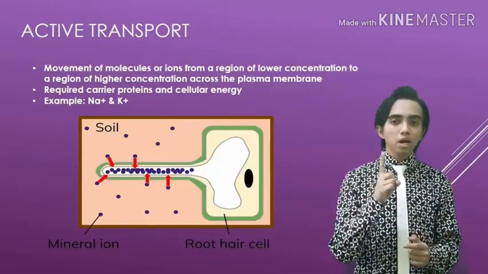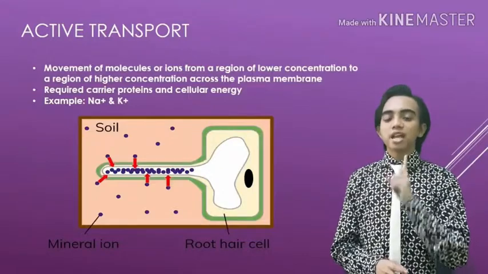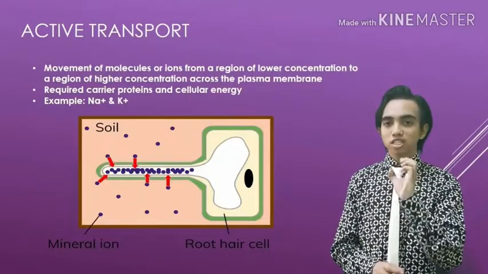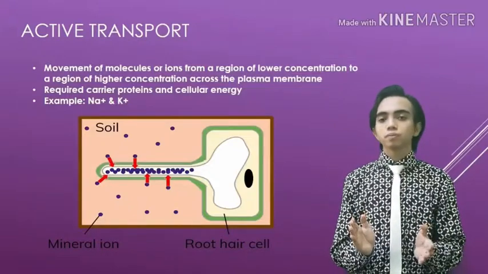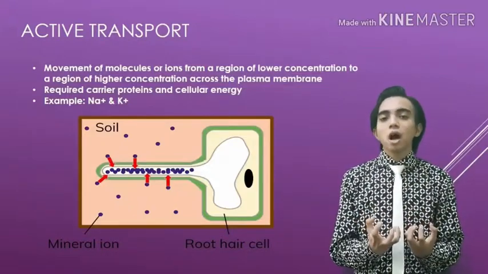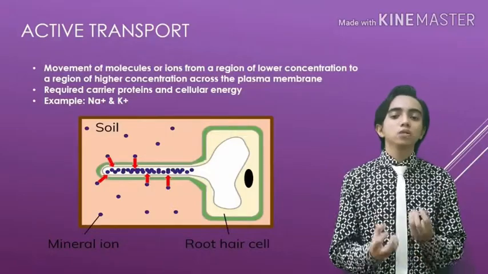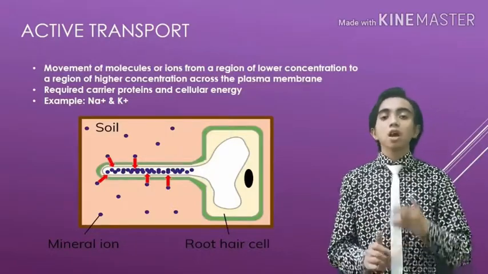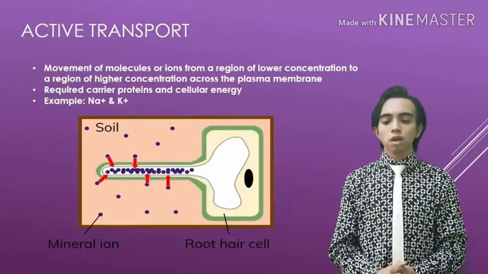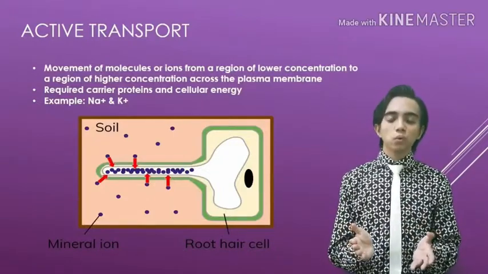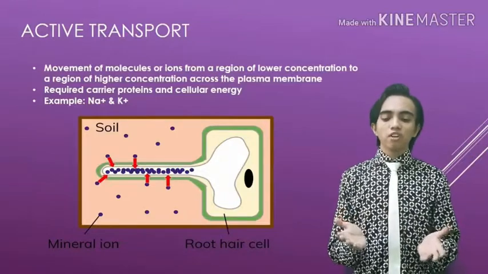Remember, it only involves carrier proteins and not channel proteins. Examples of ions that can be delivered through this active transport are sodium and also calcium ions. So based on the figure below,